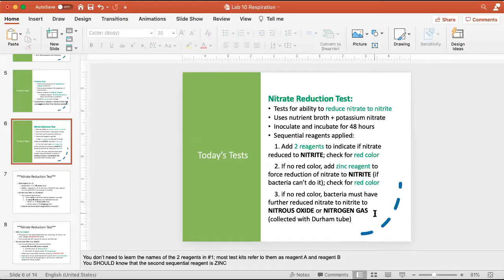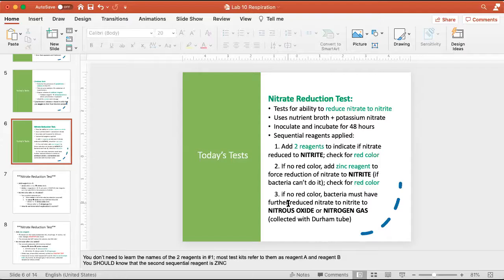Now, how do we know which pathway it used? Well, because the nitrous oxide will dissolve into the liquid and the nitrogen gas won't. So we're going to put our old friend into this tube. We're going to put a Durham tube into the nitrate reduction test. We're going to put one of those little tiny upside down glass test tubes into this test. And that way, if after we've added reagent A and B and after we've added zinc, the tube is still colorless,